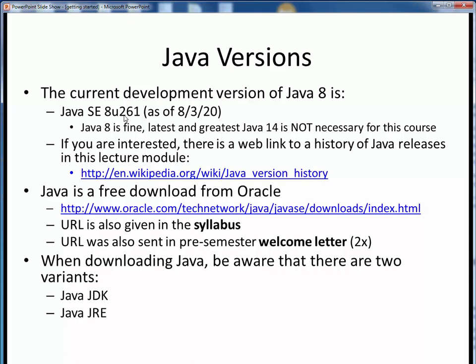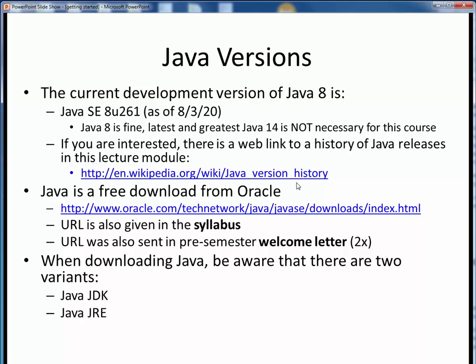We'll be focusing on long-established fundamental concepts, nothing that will be dependent upon latest and greatest features. I've got a slightly older laptop at the moment, and Java 8 works just fine for this course. For the really motivated or the really curious, you can take a look at Wikipedia at this URL for the full history of Java releases and what features were added over time.